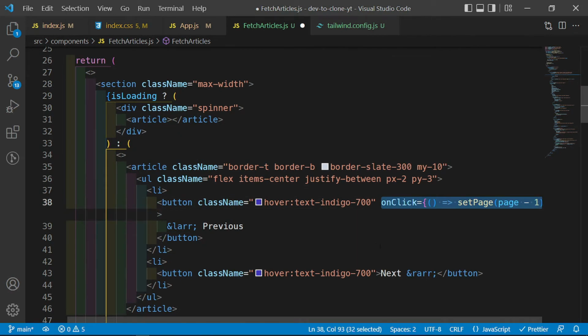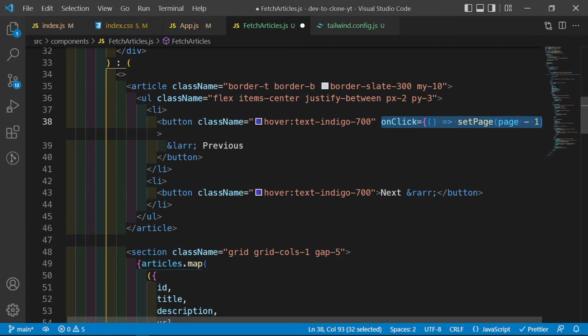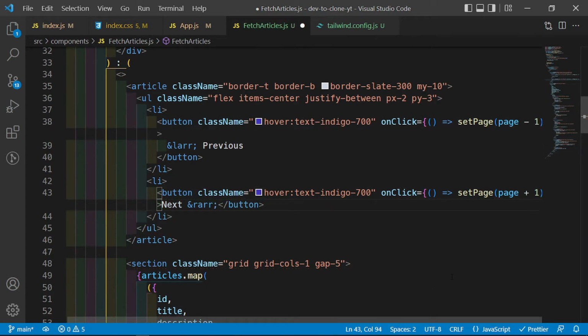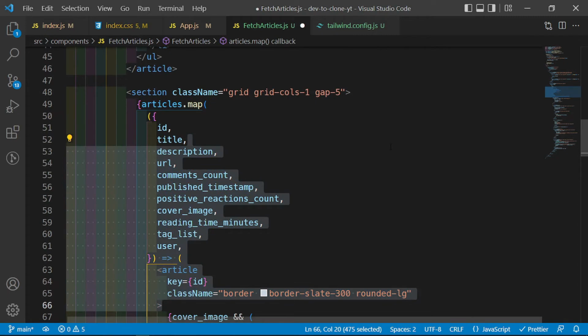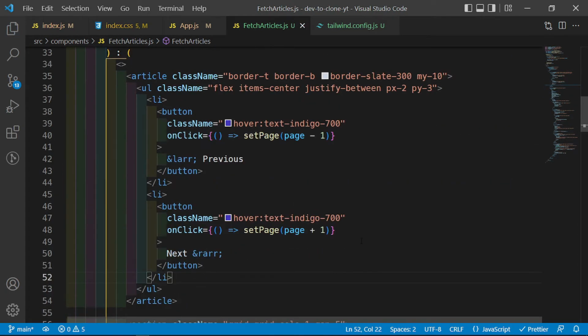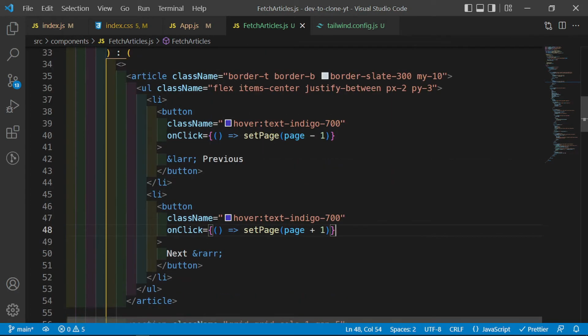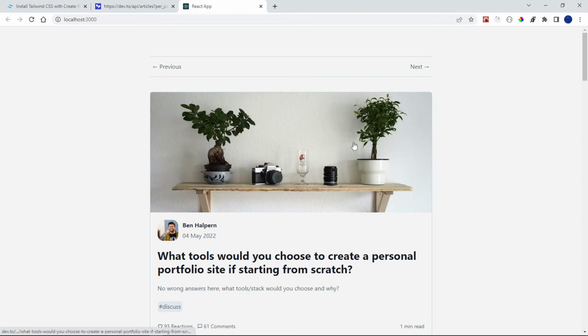Let's copy this. What the next button does right here is when I click on it, then I want to go into page +1. What is happening? I'm missing a bracket. There we go. So let's save that. There we go. So when you click on the next page, I want the page to increase by 1. When I click on the previous page, I want the page to decrease by 1. Okay, so we can click on next and we should see